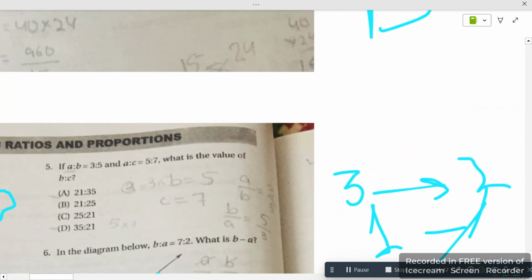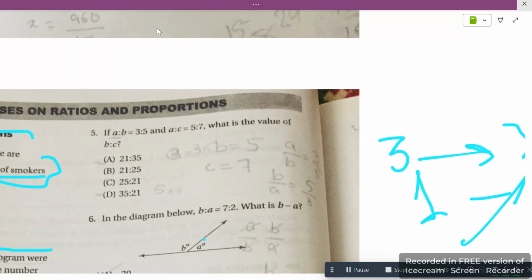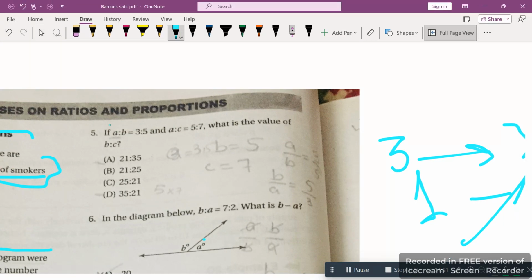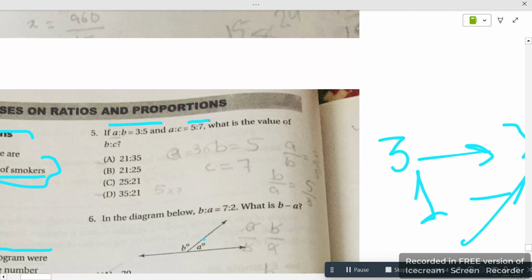Now we have another question. If the ratio of A to B is 3:5 and B to C is 5:7, what would be the value of A to C? We need to find this. This means 3A